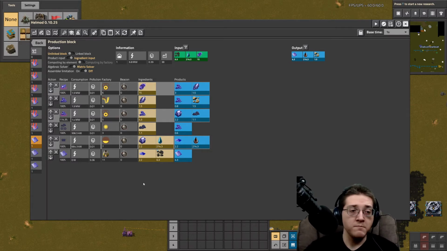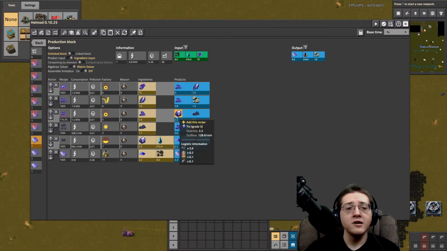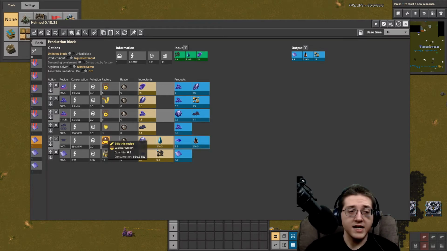Now, once you get into green science, you will have access to 2 more options for getting into plates. Your first option is to take that grade 1 and screen it into grade 3, as well as this tin ore rejects, which can be crushed in a secondary crusher back into additional grade 1. So this is a loop that will give you, in total, thanks to Helmut's Matrix Solver, 2.2 tin grade 3. That can then be washed into grade 4,